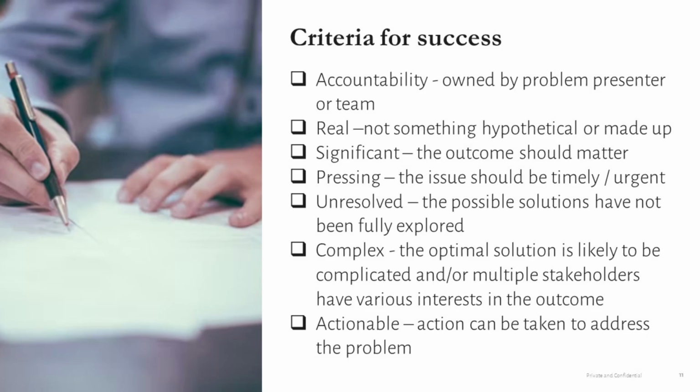And so here are the criteria that I think about and that I talk to my problem presenters about that I think help make it a success. You probably have a similar list, but even though I have it, it helps me to have it in a document that I can then refer to, I can send to people as I set up my action learning programs. So criteria that I think about include these. First is, who is accountable for the problem? Is the problem presenter actually responsible for taking action on this challenge? If the answer is no, then they're not the right person to be there to represent that challenge.